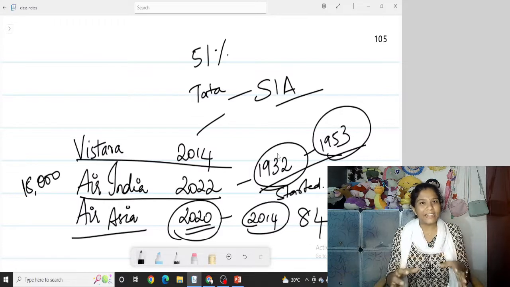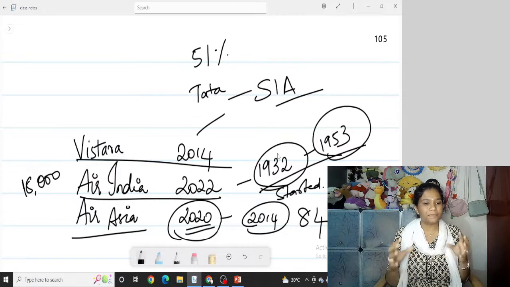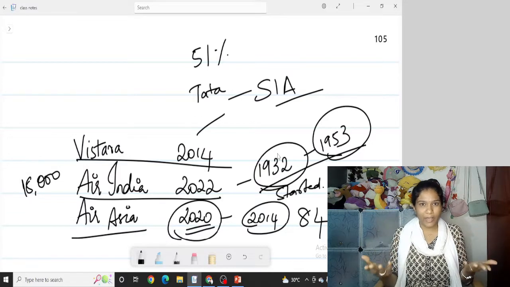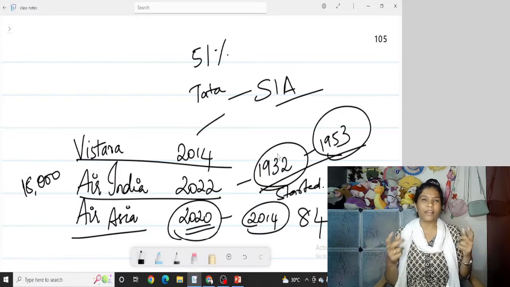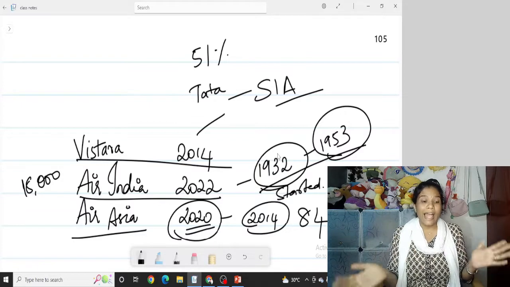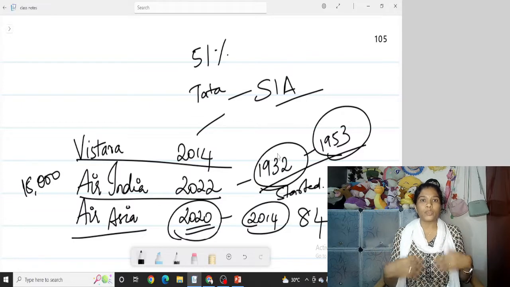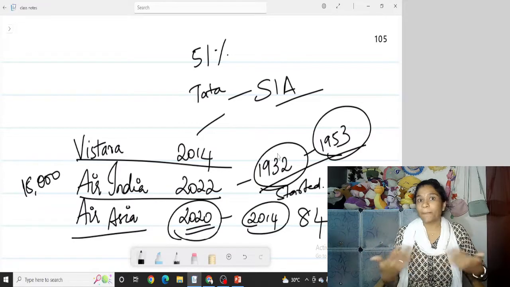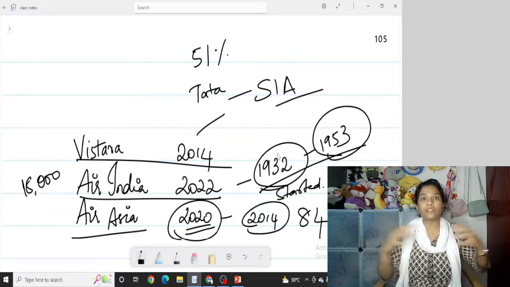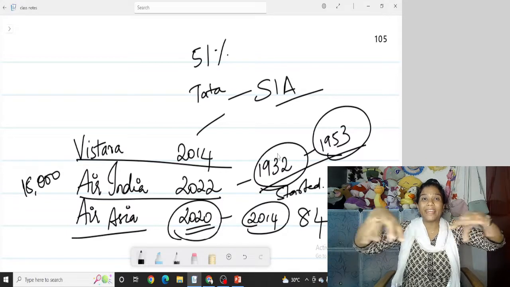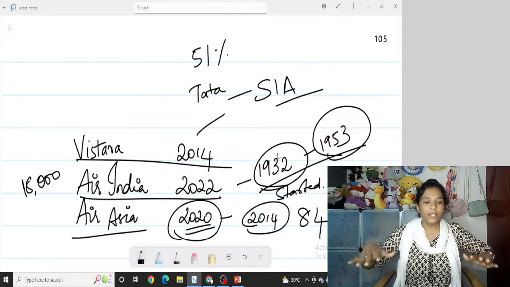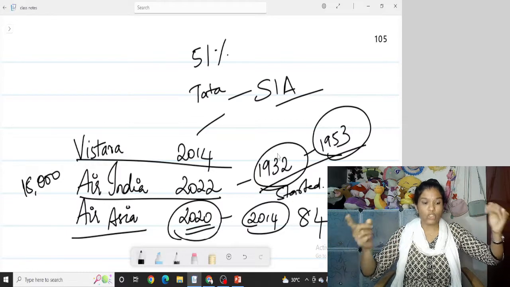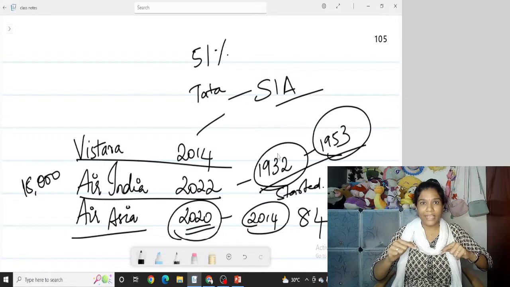So basically, the Tata Group entered into airlines in 1932, but unfortunately it was nationalized. Then in 2014, Vistara was co-founded by Tata Group and Singapore Airlines. Once they're in the market with Vistara as a premium brand, they really want to capture the market by acquiring its competitors. So in 2014, Vistara was founded by Tata Group, and in 2020, Air Asia, which